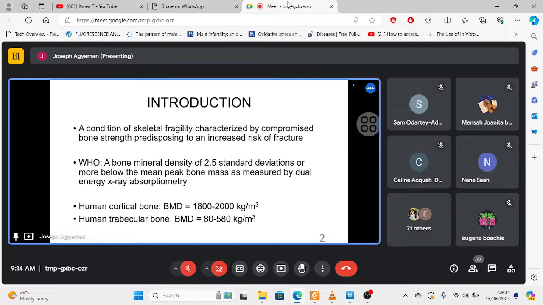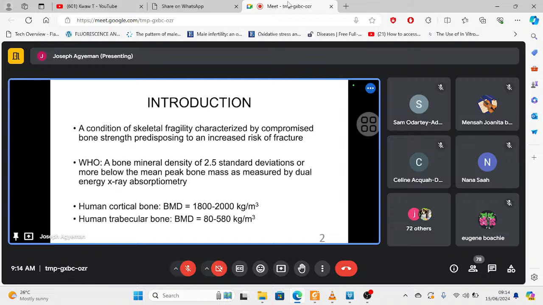We will not wait for the fractures to happen before we say that you are having osteoporosis. Having that deviation from the mean, known according to these parameters, your age, your ethnicity, and your sex, is enough